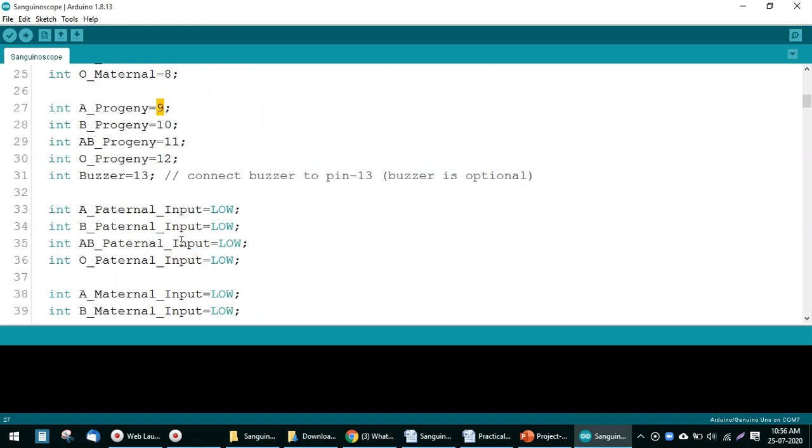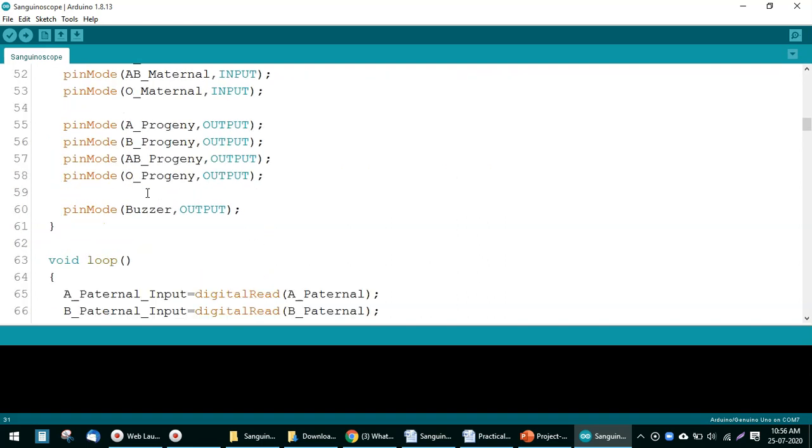And the buzzer is also connected to pin number 13, and we are assigning the buzzer pin, meaning pin number 13, as an output pin. So remember here the buzzer is connected to pin number 13 in Arduino Uno, and as you learned in our previous workshop, pin number 13 is connected to a built-in LED inside the Arduino Uno board.